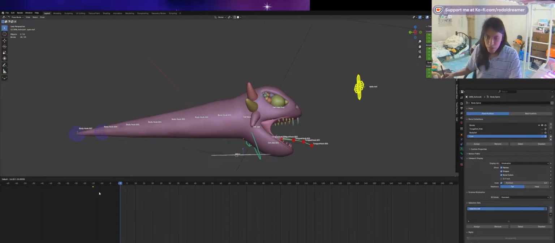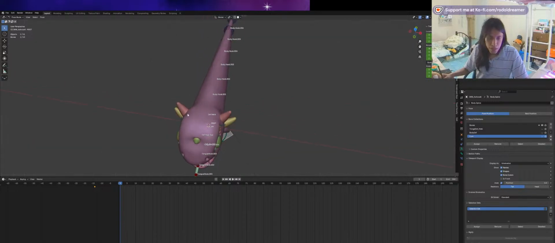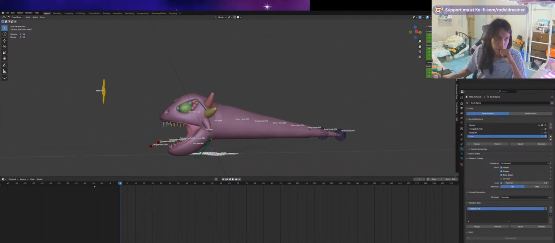Let's move it to -15. Frame 1, we start animating. Probably what I want to do, just to see, I mean we know it's going to work, is just